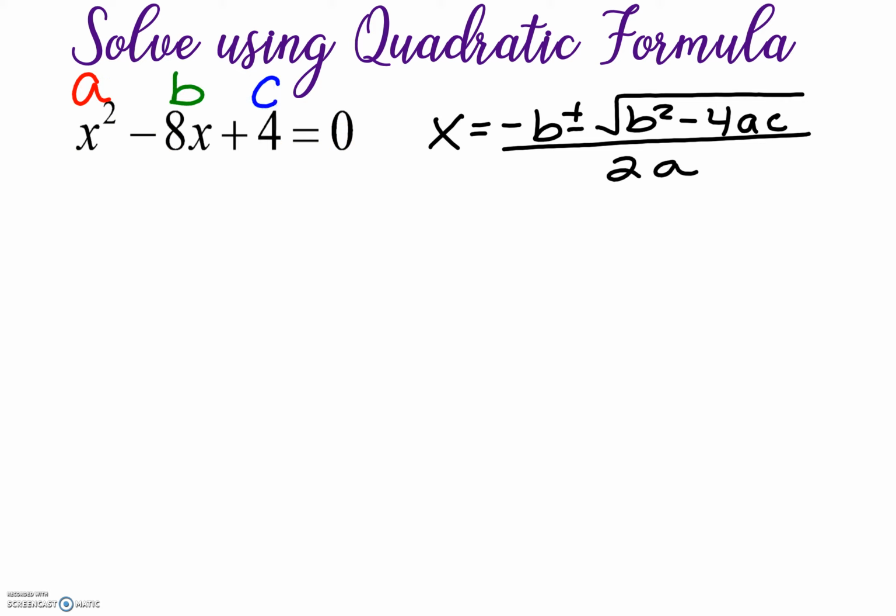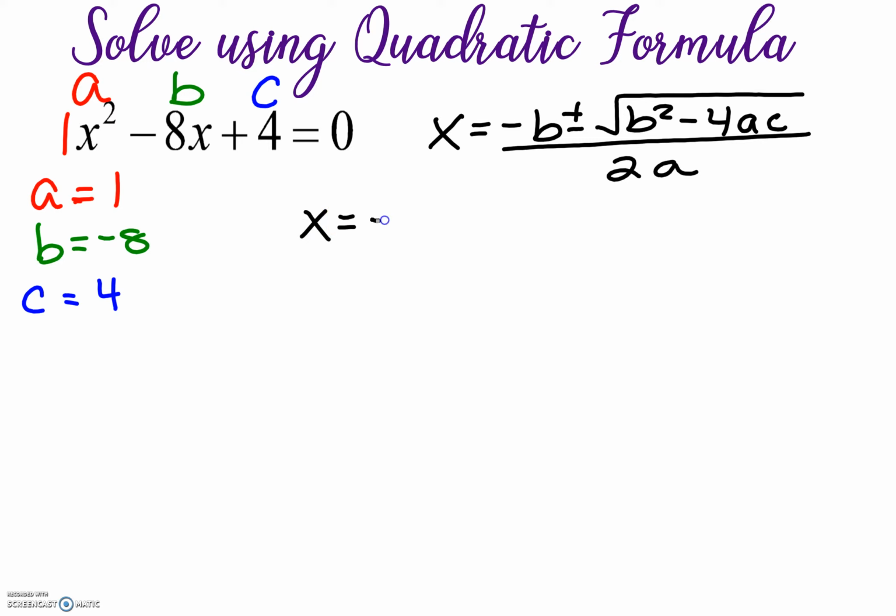term. So our a term is the number in front of the x squared. In this case, it's a 1. Our b term is the coefficient in front of x, which is negative 8. And then our c term is a positive 4. It's our constant. We need to make sure also that our quadratic is in standard form, which is highest exponent down to the lowest. Once we identify our a, b, and our c, we could plug it right into the